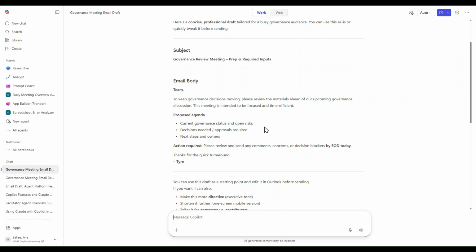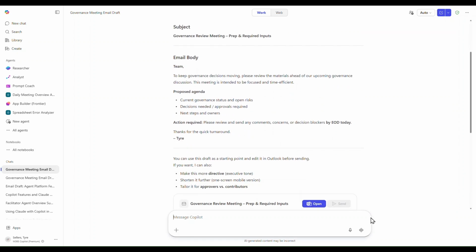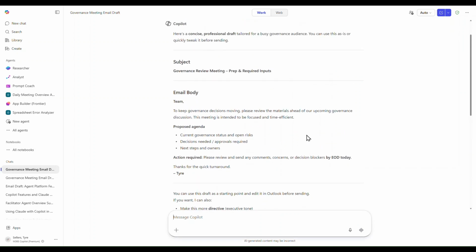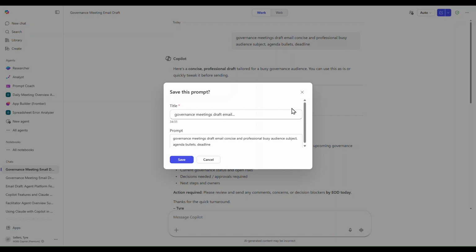Now, let's say, for instance, that this did capture exactly what it is that I wanted to do. Once that prompt is done, and you can see there's nothing processing here, so the stop icon is gone, I can hover over the prompt itself, and then you see this little bookmark icon here. If I hit Save Prompt, it's going to save this prompt to my prompt gallery.